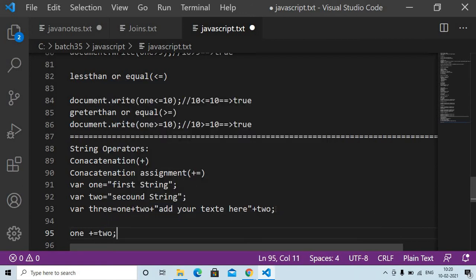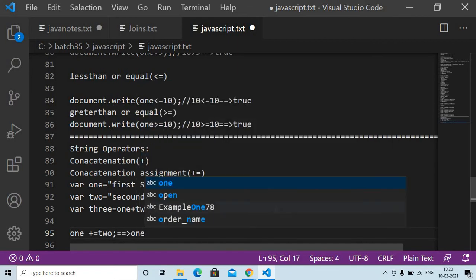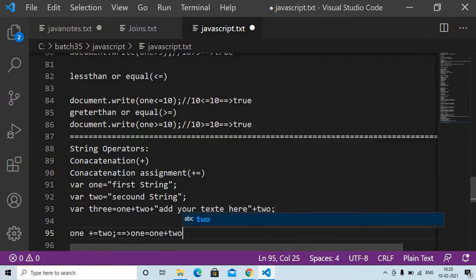Okay, so internally it happens: 1 is equal to 1 plus 2. So in output, what is the 1 value, first string. What is the 2 value, second string, right? You can get the output, first string and second string. Okay, this is the output for your variable.